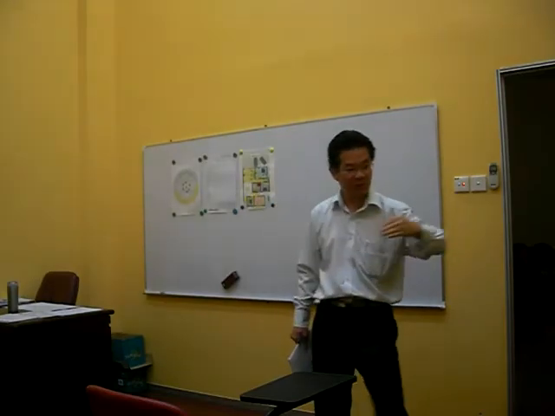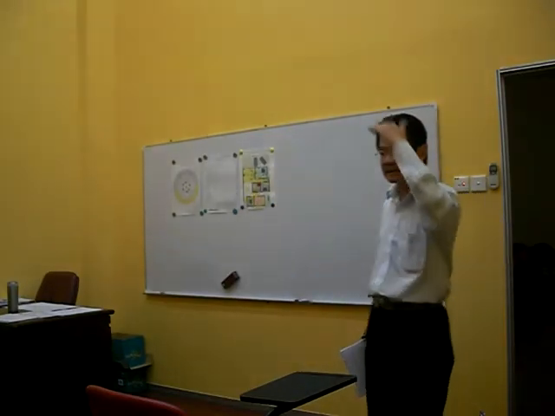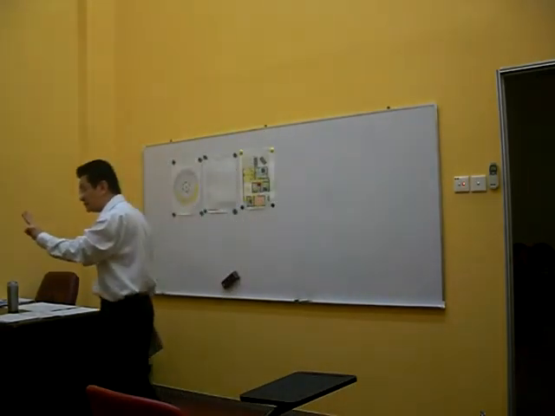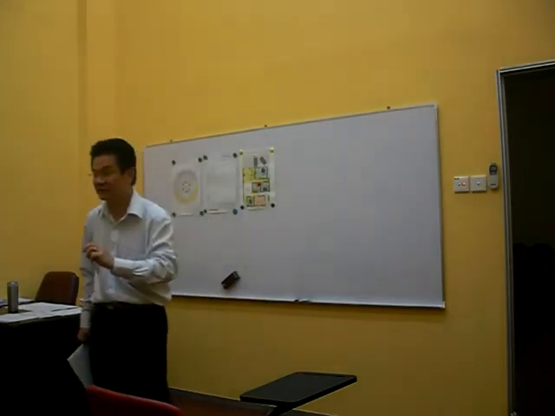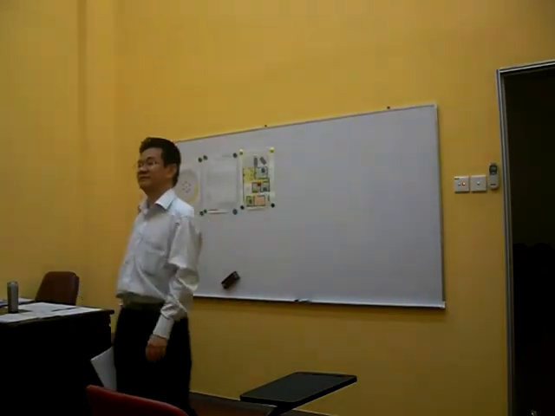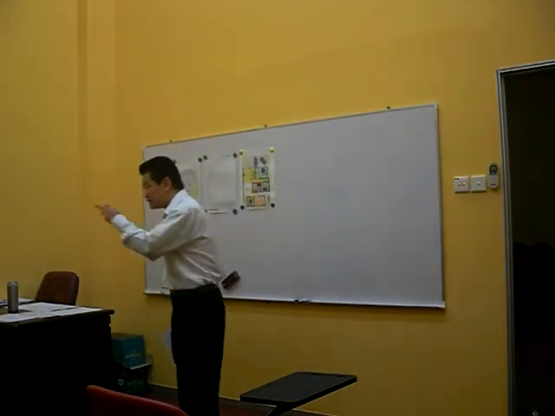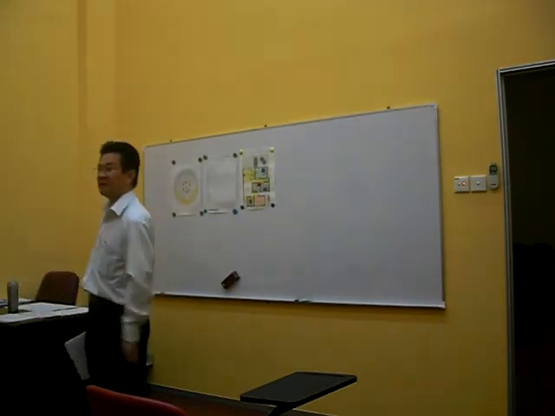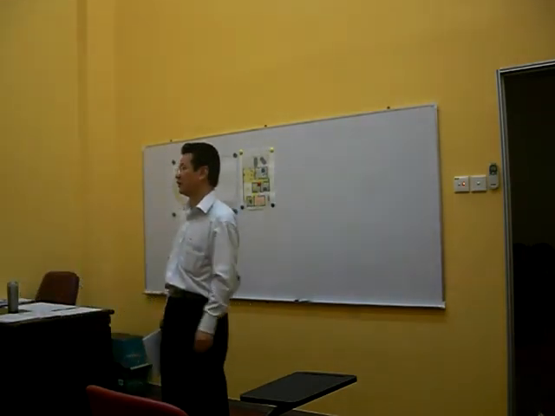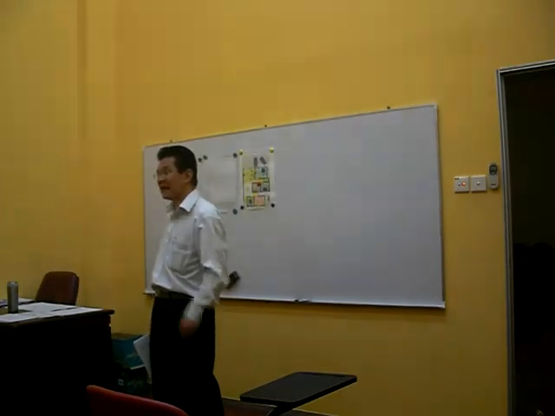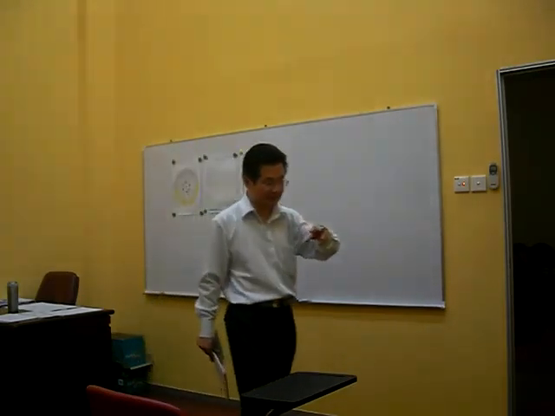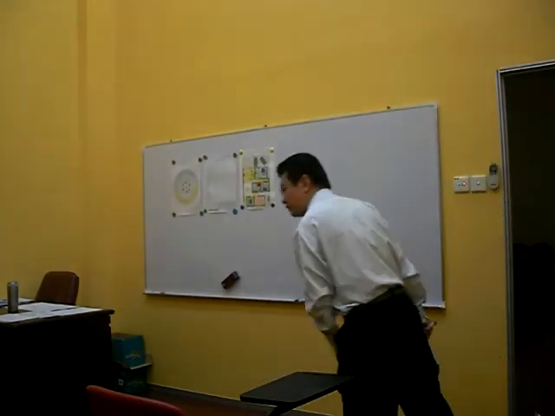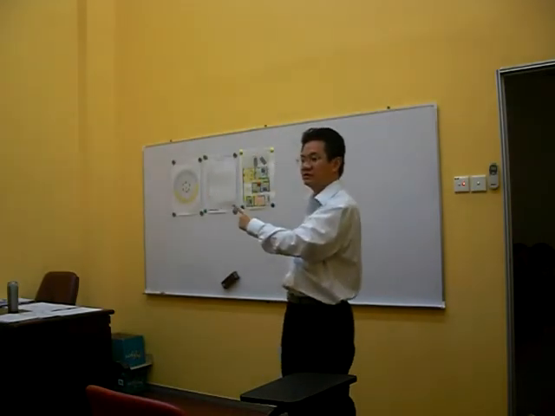Number 1 you learn is 1 by 1 combination. The sky, or they call it the heaven, the earth, and the human being. That's why 3 levels. Which is the human being? Matching what? Date of birth is known as the human being. Matching the layout is known as the earth. Matching the facing is known as the sky or heaven. So after all these 3 learnings, segregating them 1 by 1, only then you combine heaven, earth, and human being, all 3 in one shot, and you come up with a solution.